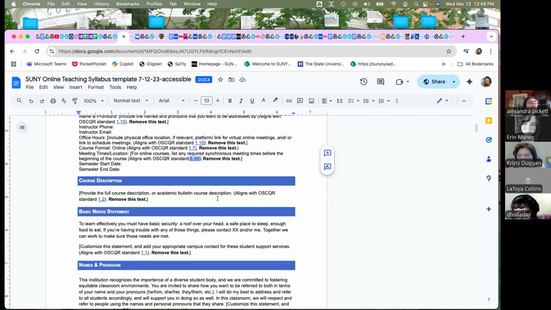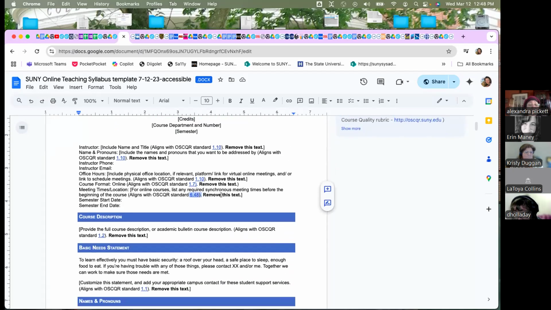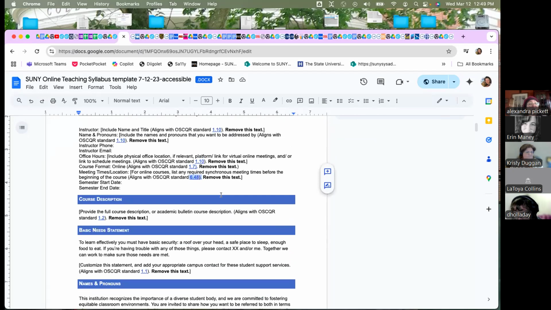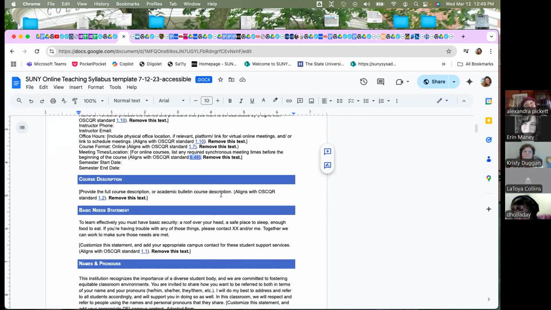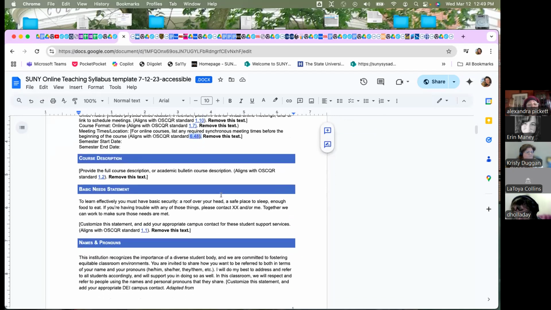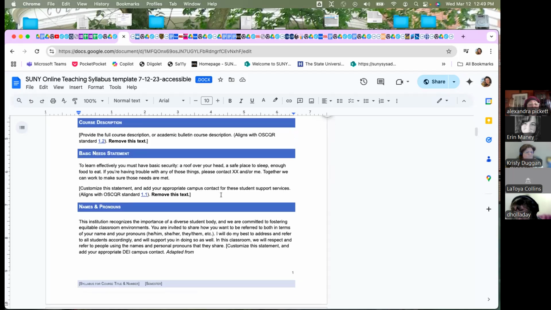And I know different institutions have different processes, some of them very formal. So you may not be able to make changes or improvements to your syllabi without going through some process to suggest them. But again, this can be used as a model to make some suggestions on how syllabi can be improved for online students, which might be different than syllabi for those who are in face-to-face instruction courses. So there are some elements that might be